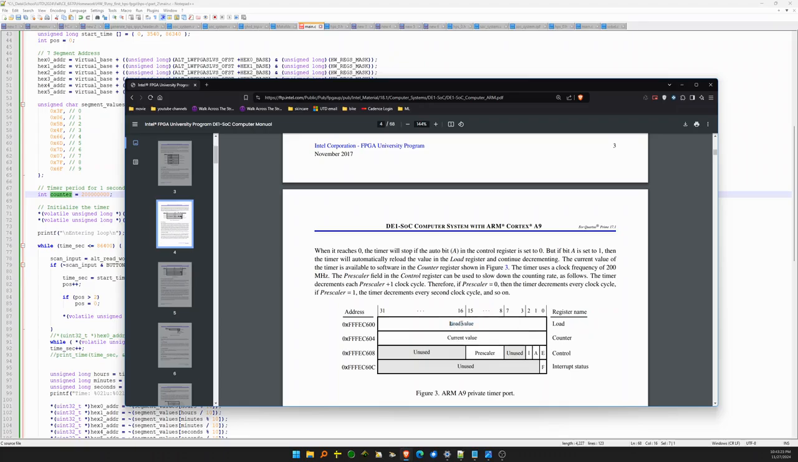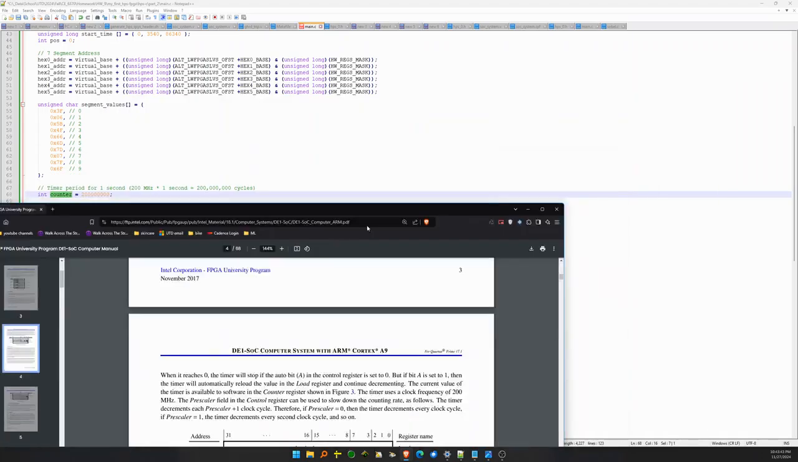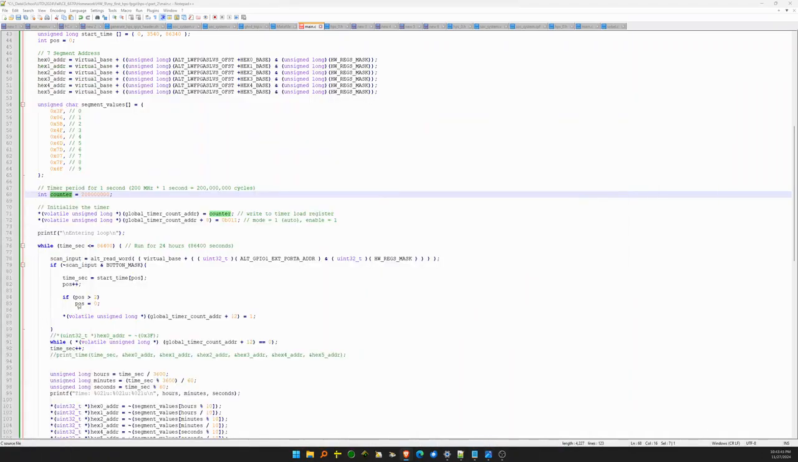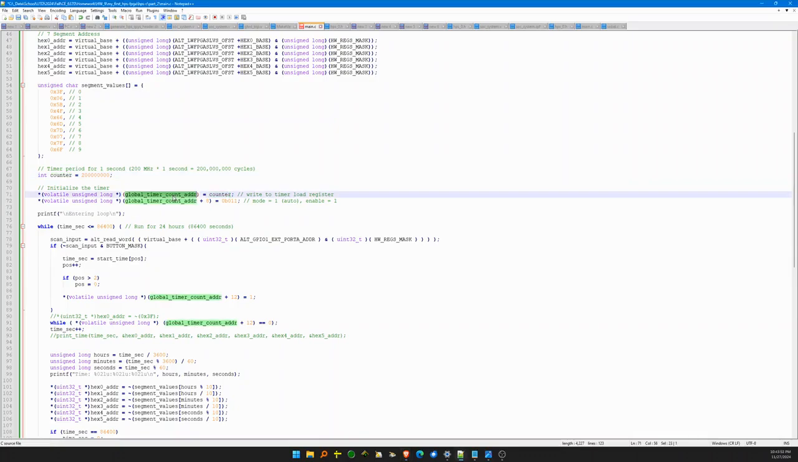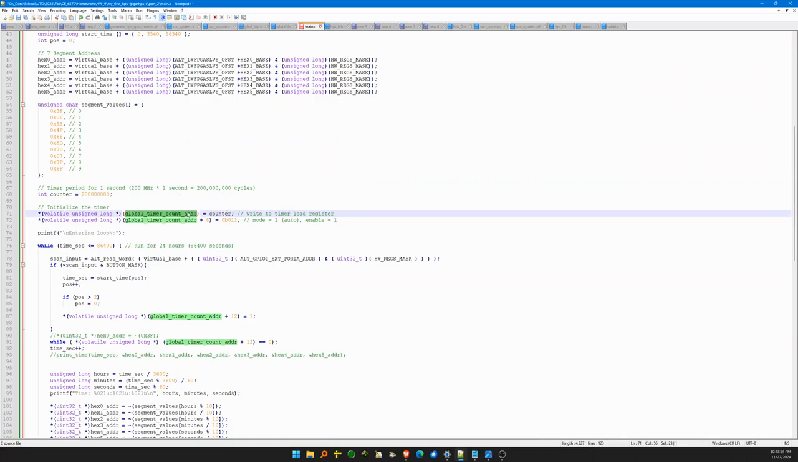Whatever we load over here will be the starting value, and then it'll count down to 0. To extract the current value, we just read this register, which is about 4 bytes ahead of this. So everything is incremented by 4 bytes, and we follow that over here. We initially set the counter. If you see here, we set that register